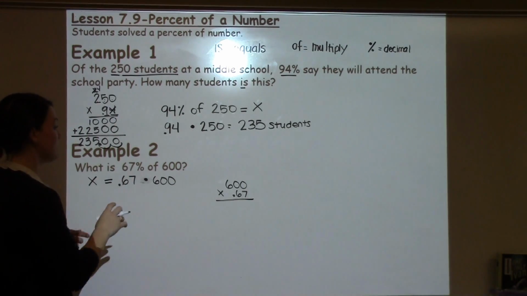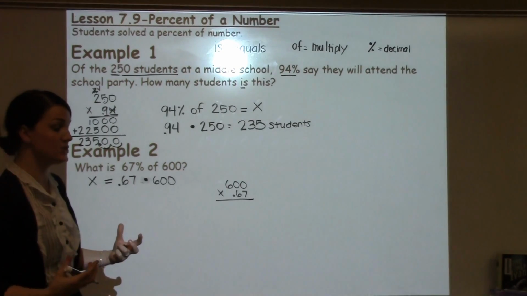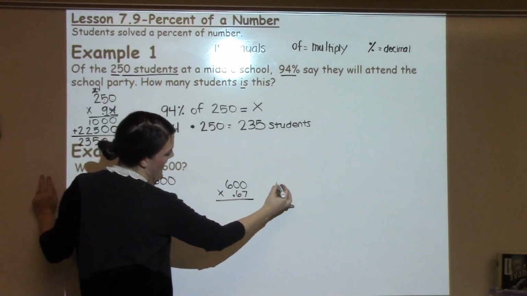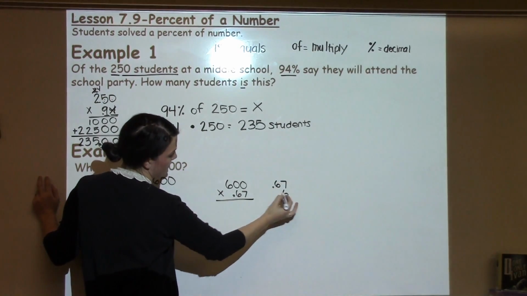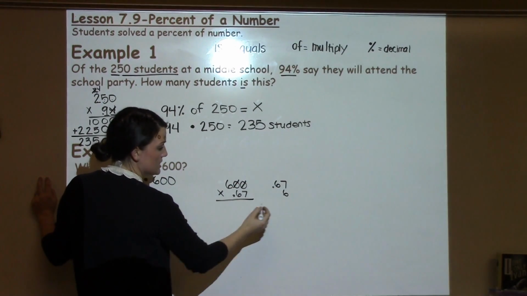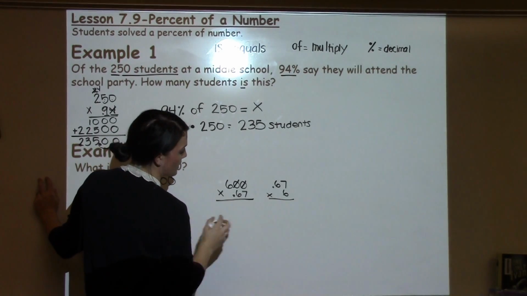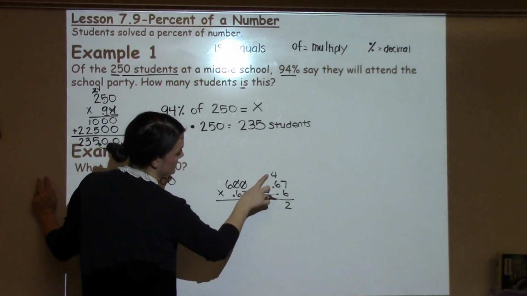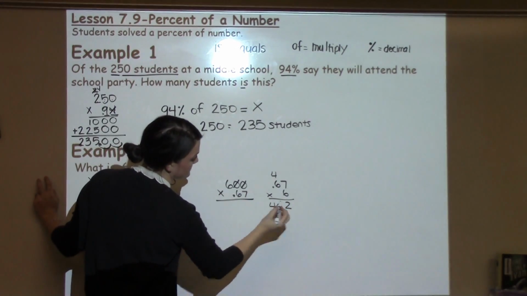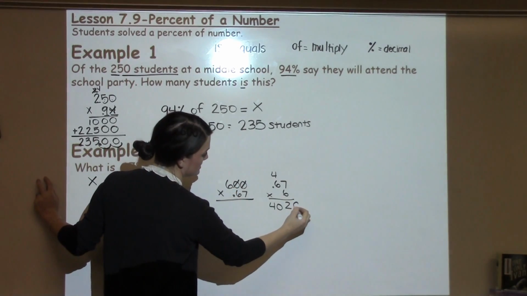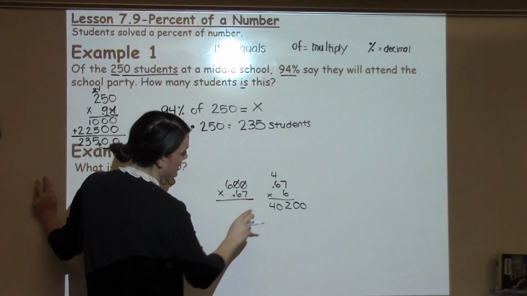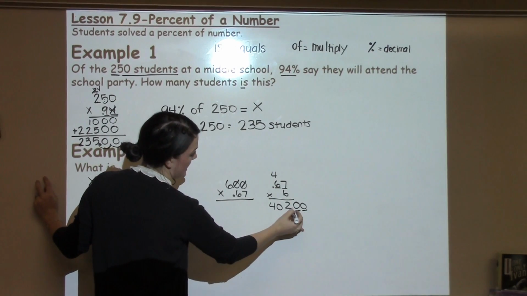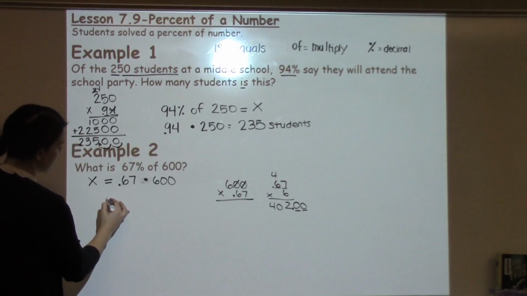And again, I'm thinking of 67% of 600. So we'll want to think about what that is when we get our answer. Now, this problem, I would probably want to take the zeros off and add them back on just to make my multiplication a little bit easier to work with. So 6 times 7 is 42. 6 times 6 is 36, plus 4 is 40. Then I need to add my 2 zeros, since I took them off to begin with. And then I need 2 numbers behind the decimal, since I have 2 numbers behind the decimal in my problem. So my answer becomes